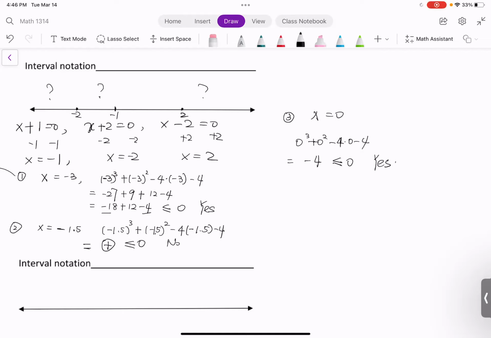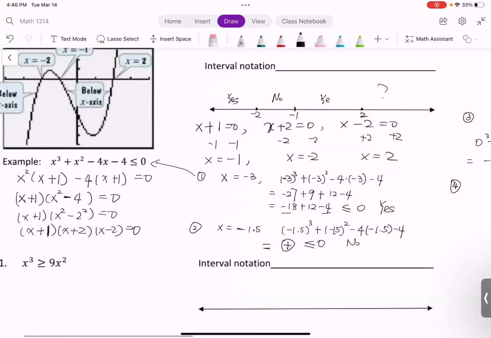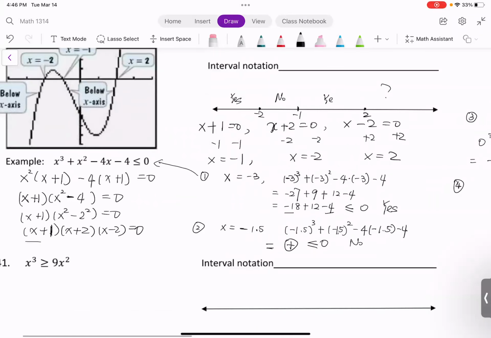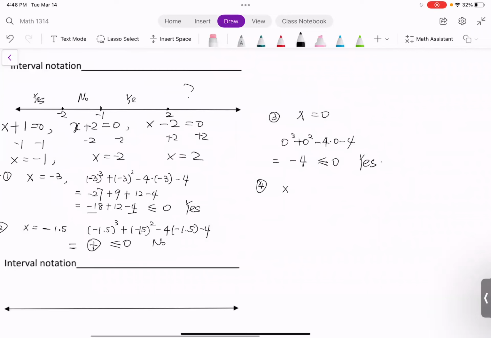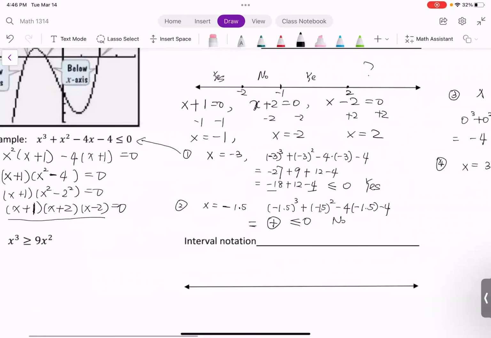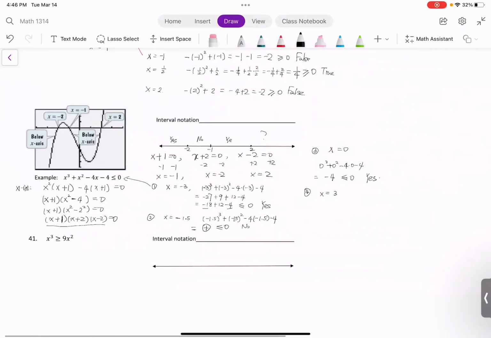Yes. So let's rewrite the notation here. The first interval is yes. Second, no. Third, yes. And the last one, let's try to plug the number into the factored form here to make things easier. So I'm choosing x equals 3 because 3 is greater than 2. So let's use this